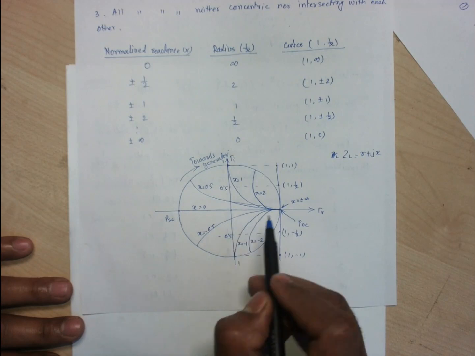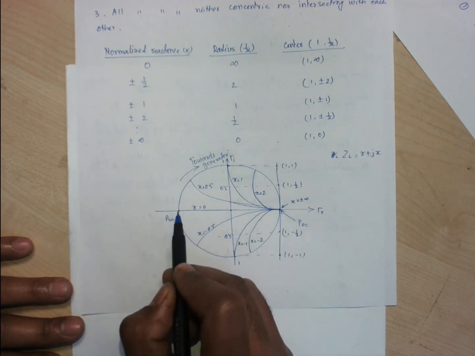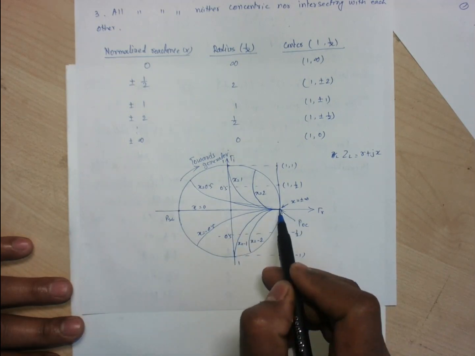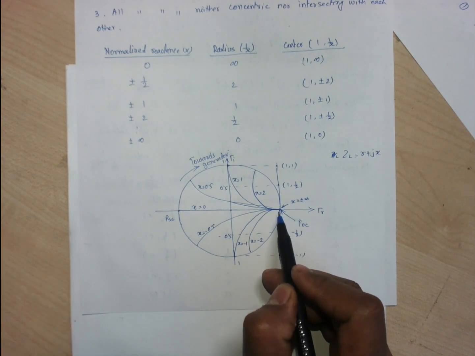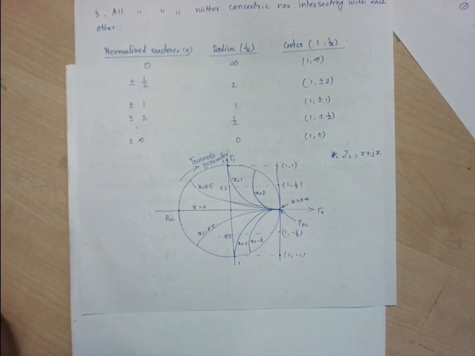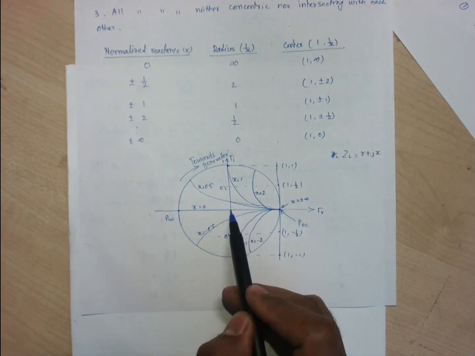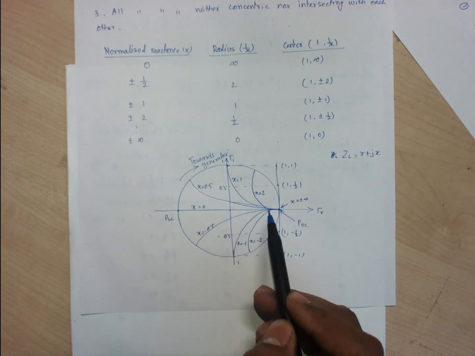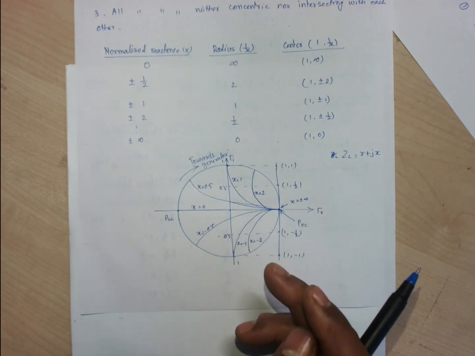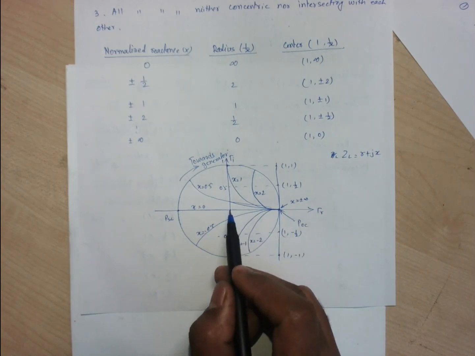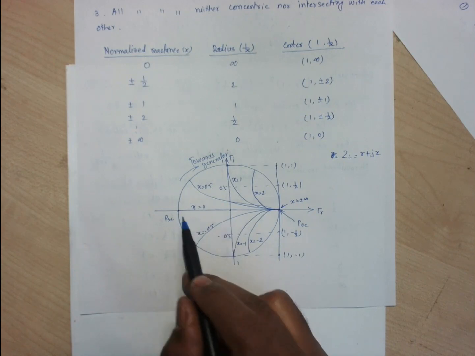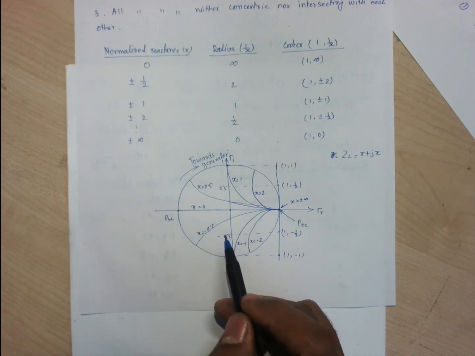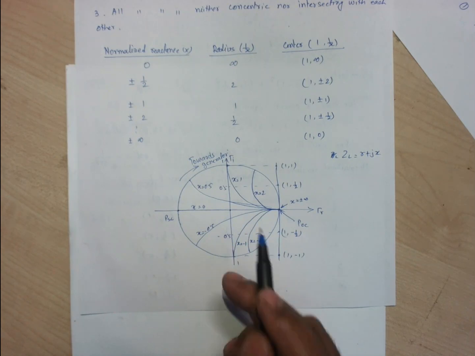Why? Because this point is the open circuit point, and this point is the short circuit point. So up to the open circuit point, we can have maximum or infinite impedance, either reactance or resistance. So if we move from this point towards the open circuit point, we have the Vmax along the line for a certain length. If we move from this point towards the short circuit point, we will have the Vmin point on the transmission line.